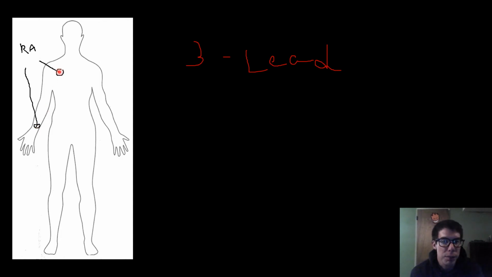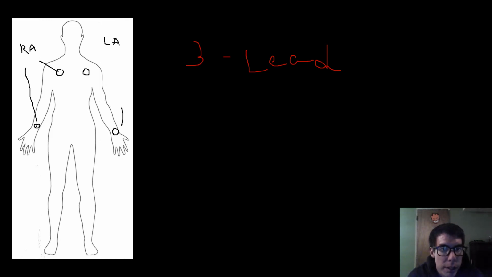But if you have someone that's moving around, or for whatever reason, you can put them closer in on the torso, and that will cause less noise or artifact, which again we're going to discuss later, but it's just better to have them out on the limbs if you can. So now left arm, I'm sorry, for the right arm, that one will be white. It'll be the white wire. The left arm will be the black wire,